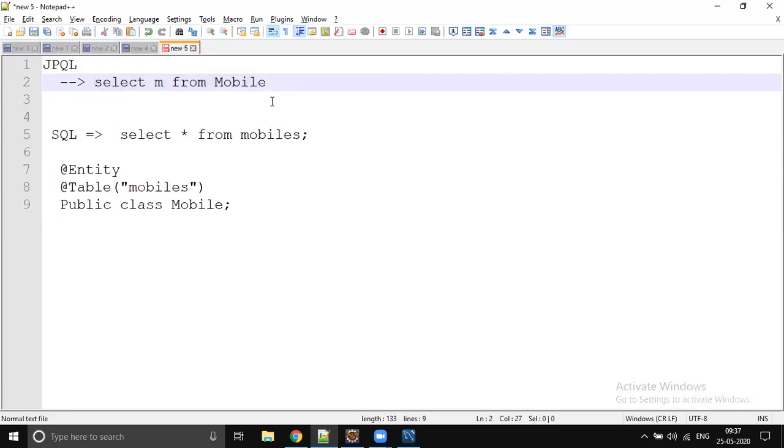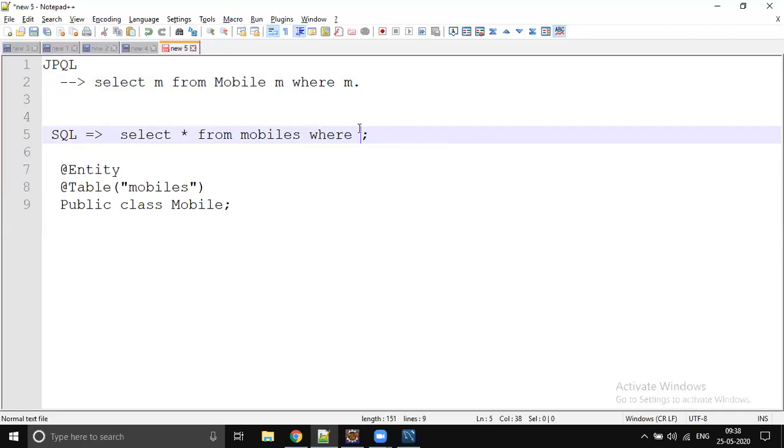Instead of star you should give M, and here you should specify Mobile M. And if you would like to apply some condition, for example M dot. In SQL you use where only, but here what is the change?